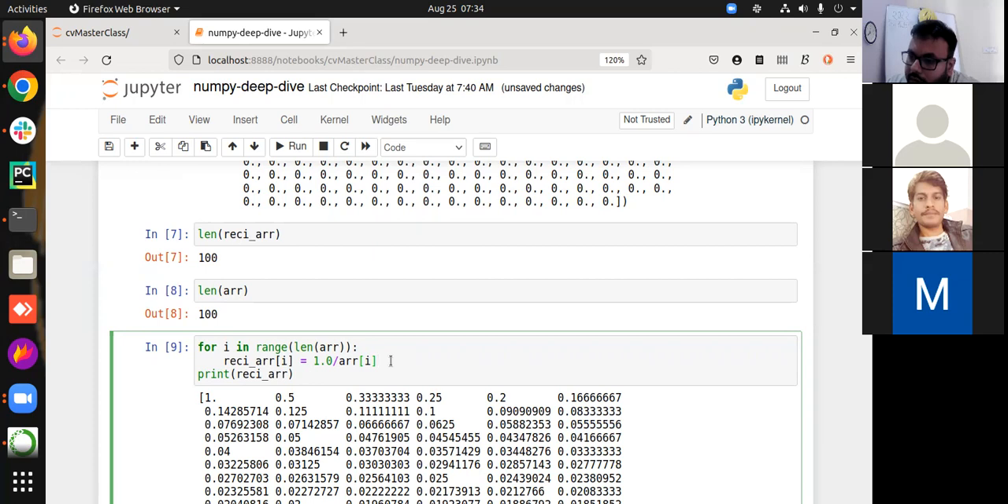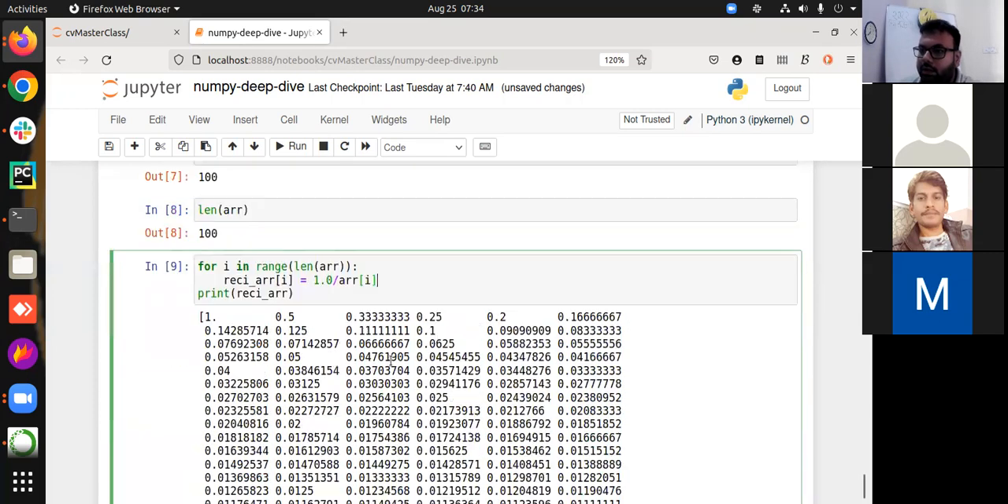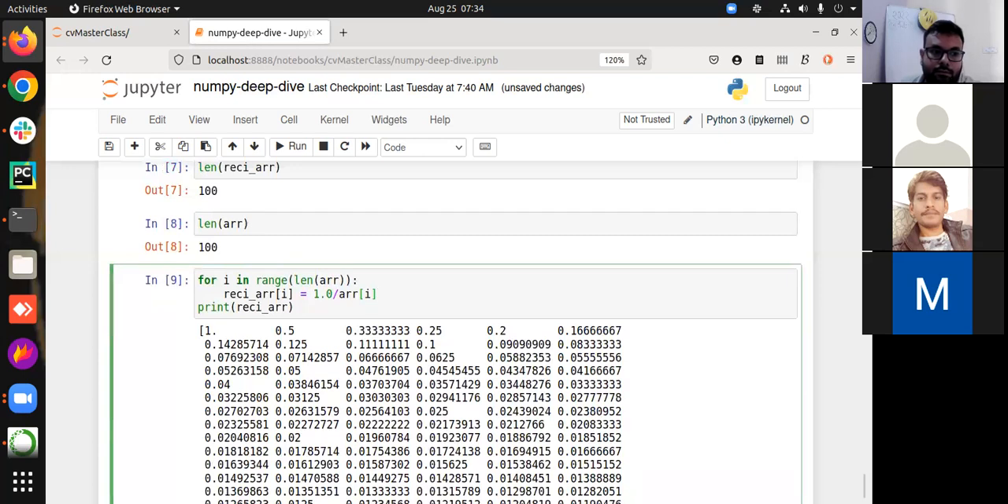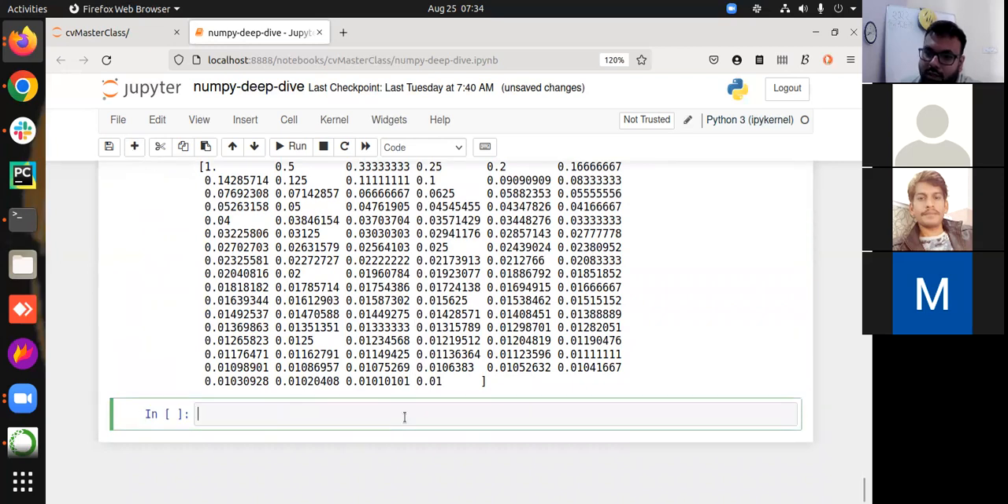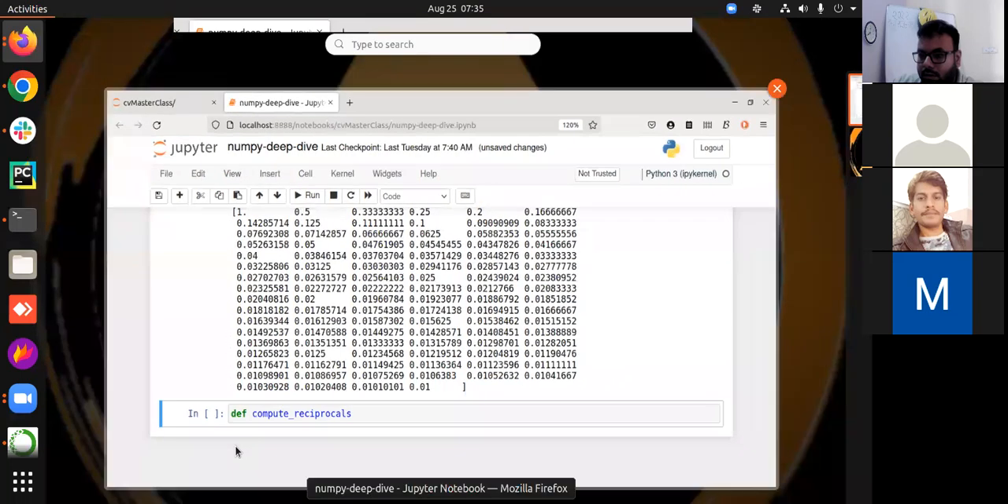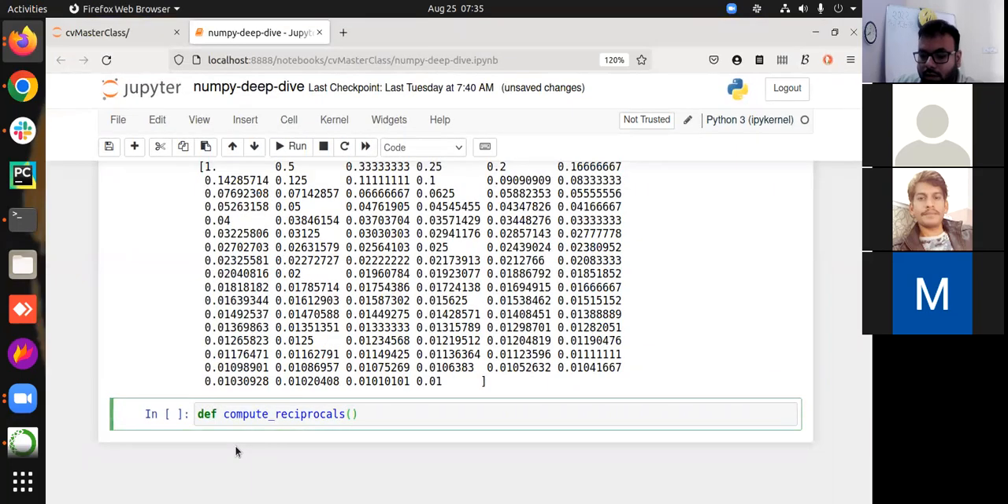So I will try to differentiate between these two things. Okay, this is a normal way of finding reciprocals. Everyone agrees on it? I want to get some measurement of time. How much time does it take? So I will make it as a function,